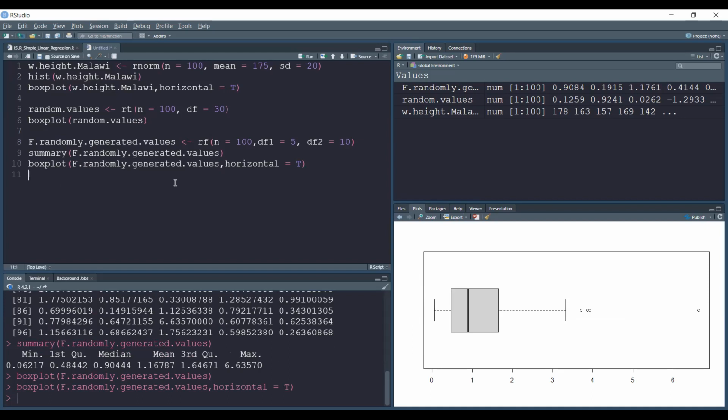So if you take the first degree of freedom as 5 and the second degree of freedom as 10, apparently, I would have never guessed this, we get this distribution where 50% of the data is between around 0.48 and 1.64. And then you have sort of your outliers. We really shouldn't use the word outliers, but